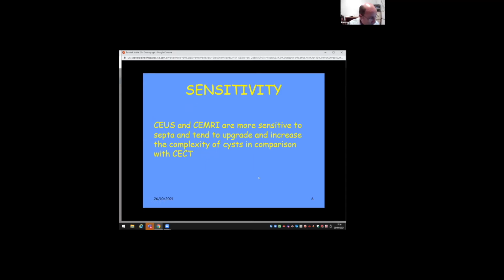Work that's been done has shown that contrast enhanced ultrasound and MRI are much more sensitive to septa. I said that right at the beginning, and you all know this. If you do a CT, in a pleural effusion, you don't see all the septa within the effusion. Now, we all know that, so this is not really very surprising. But the danger is, of course, that because we see more septa, because we're more sensitive to the internal